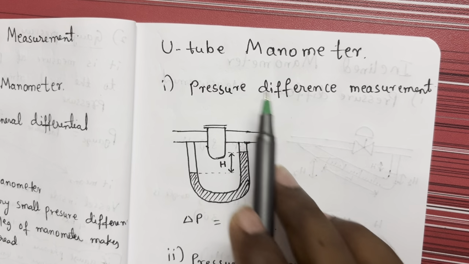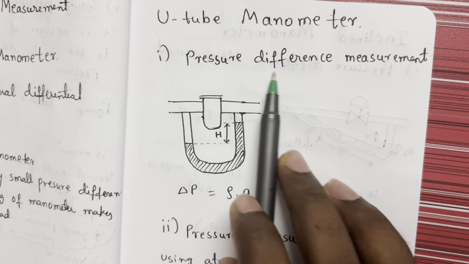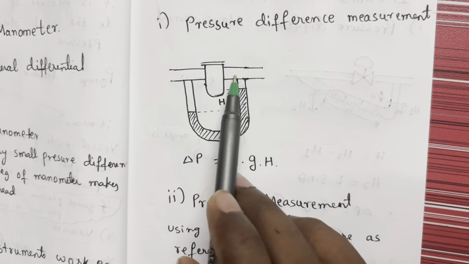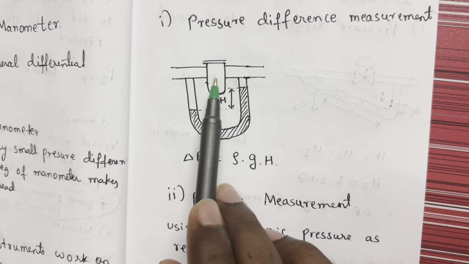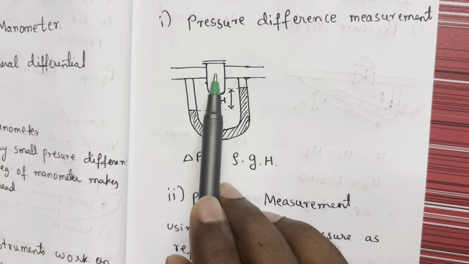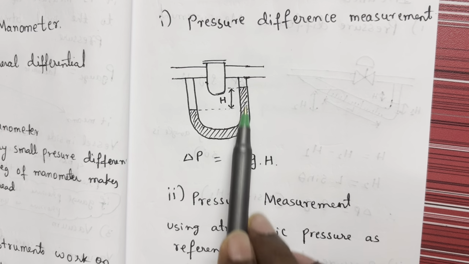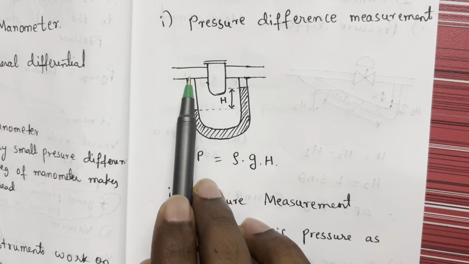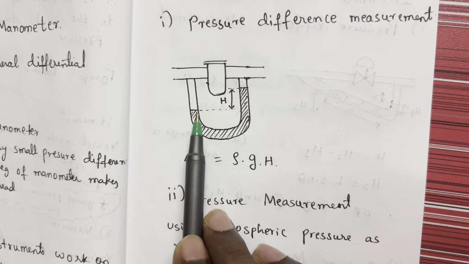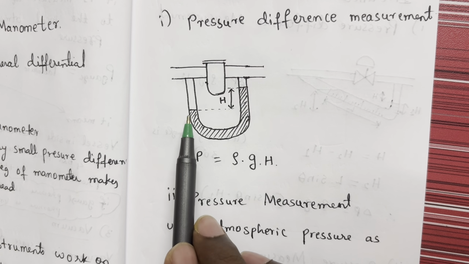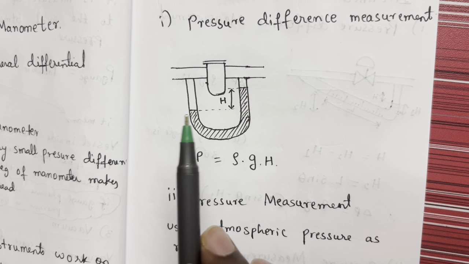First, we have U-tube manometer. Let's first find out how we will measure pressure difference. Let's assume this is a line, and here we have a filter, and I want to know how much pressure drop this filter is creating. So what I will do, I will connect a U-tube manometer. A U-tube manometer is basically a U-type tube filled with a liquid, which could be any liquid, but